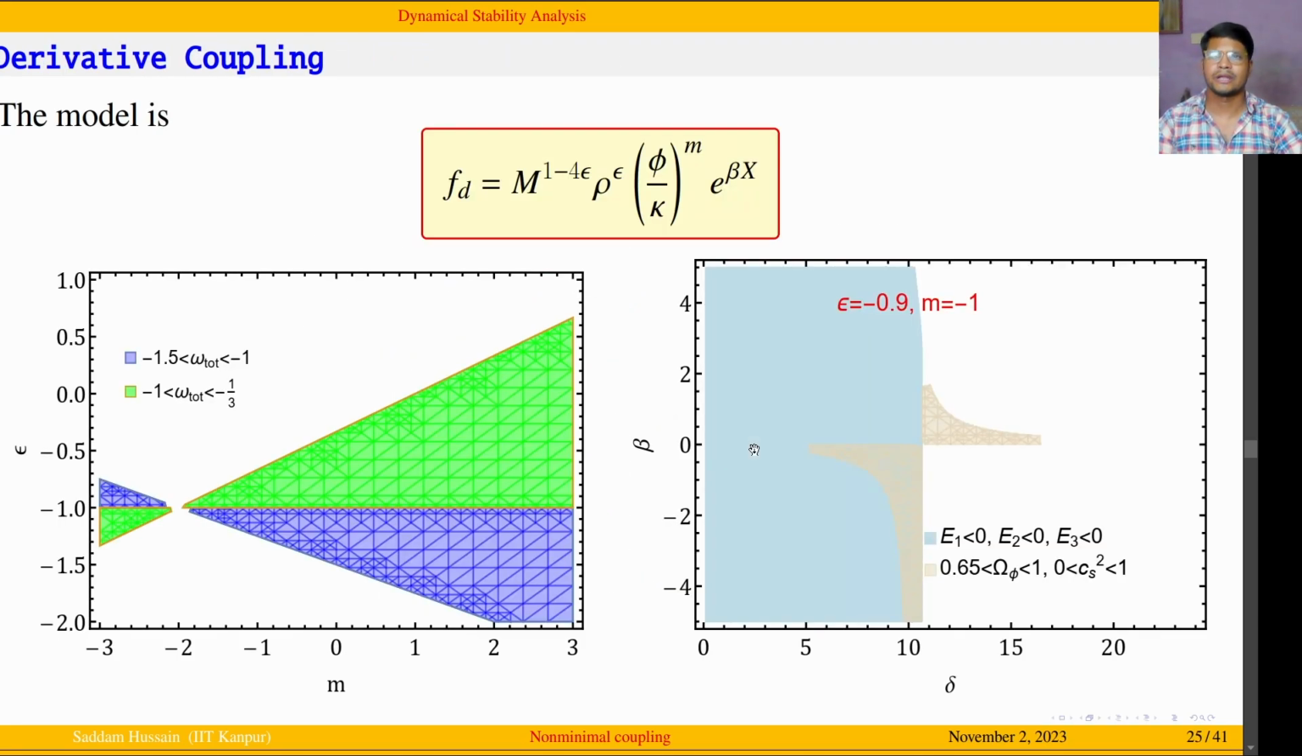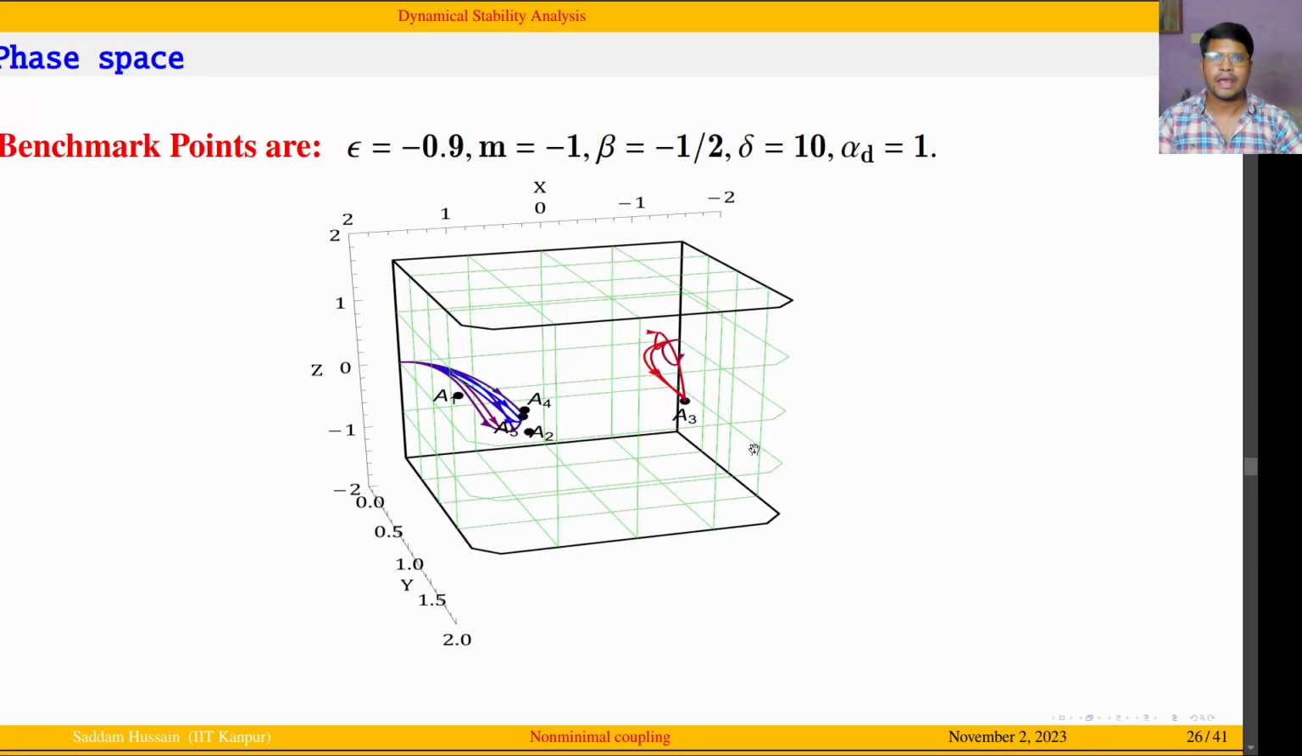Now, similarly, for the derivative effect, we can do the following, and we have seen that beta and delta have some kind of constraint. And over here, the dimensionality of FD is proportional to M, so that's why it has a different kind of parameter constraint. And again, similarly, we have A4, A1, A2, A5. In this case, A5 is the accelerating solution, and A3 is again the phantom kind of solution,